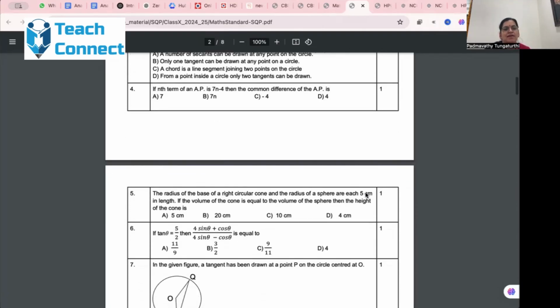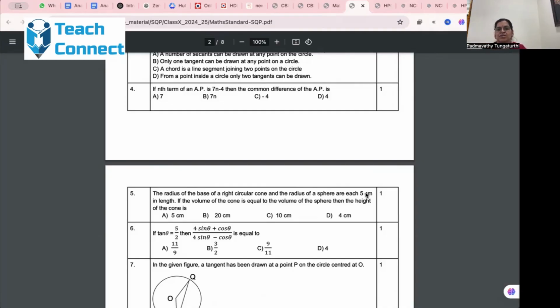Now, question number 4: if the nth term of an AP is 7n minus 4, then the common difference of the AP is how much? 7n minus 4. Substitute it. Do it in the class. Do it in the examination hall. There is no hurry for you all. Each question is allocated